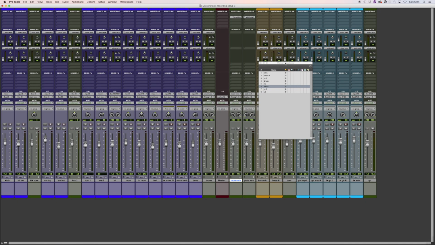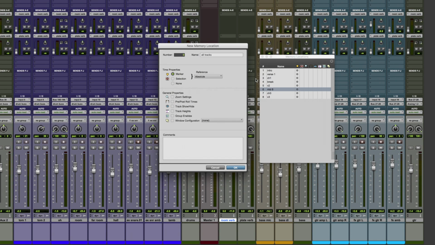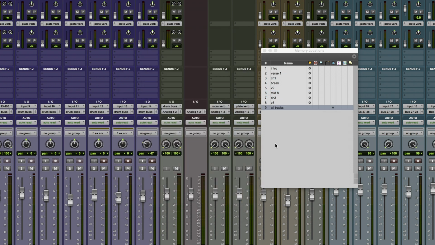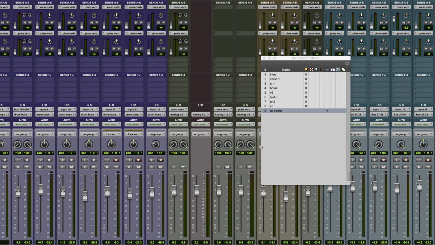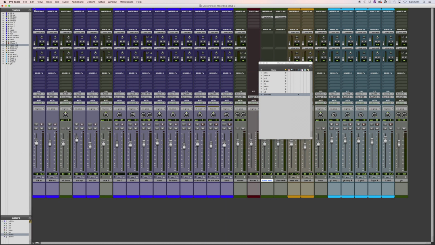Another very handy feature of memory locations is the track show and hide. So what I'm going to do is set up a memory location and call it All Tracks. And I'm going to select none, but I am going to select track show and hide. And I'm going to set up a new location again. But first of all, I'm going to hide everything but auxiliary channels. Show